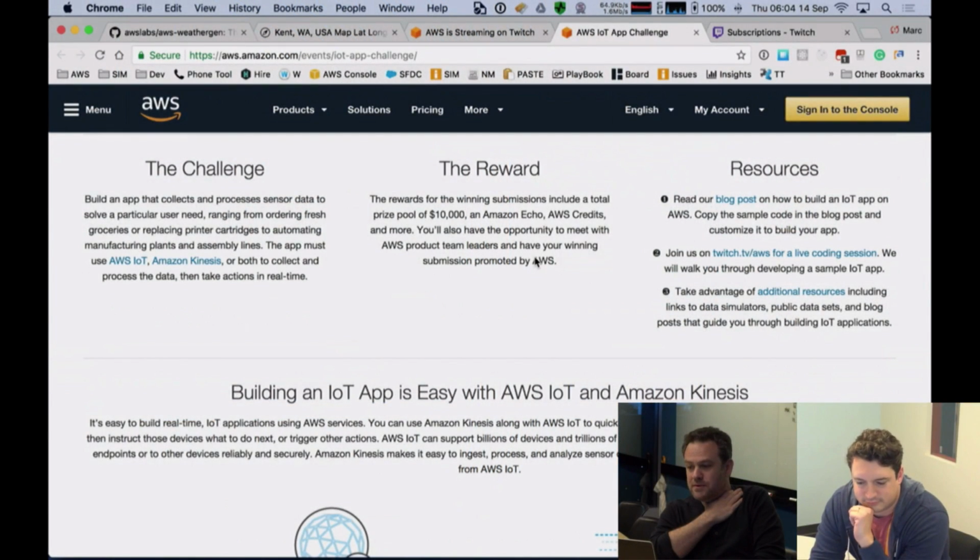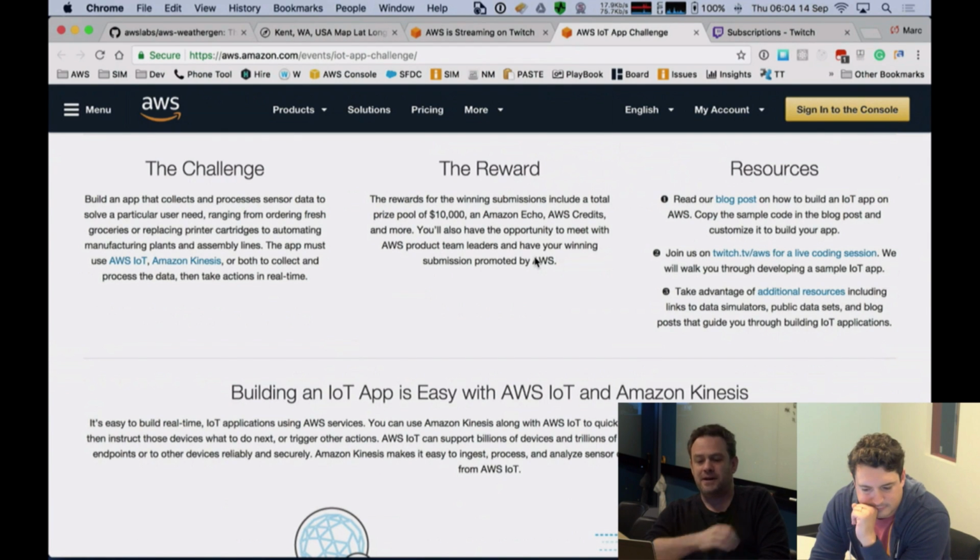But before we jump into the good old geeky stuff, let's talk a little bit about the AWS IoT App Challenge. This is an awesome program, and I'm sure most of you guys joining us at the moment are hopefully going to take part in it. Really what this challenge is about is to ask you guys to go out there and build some apps and build some code that allows you to collect and process sensor data.